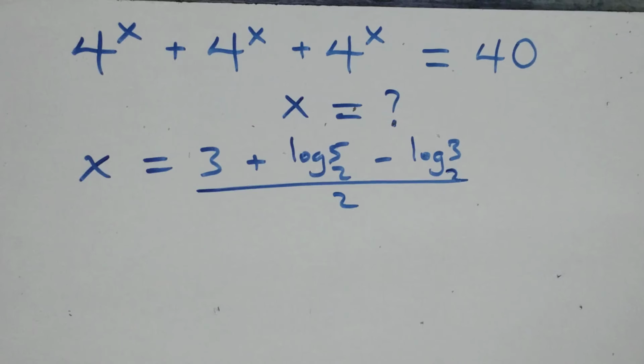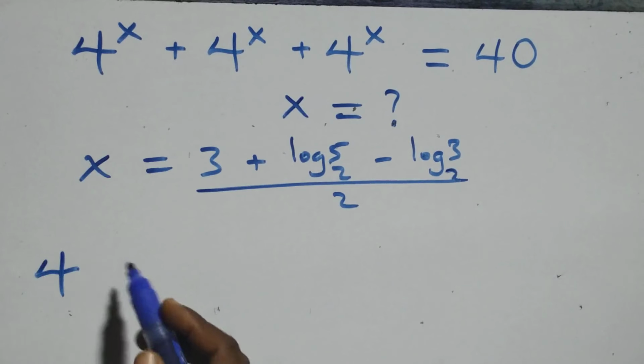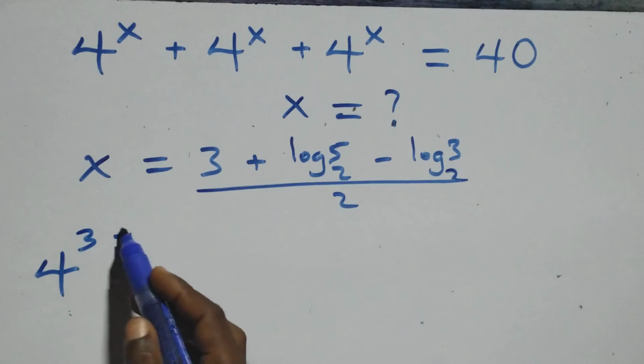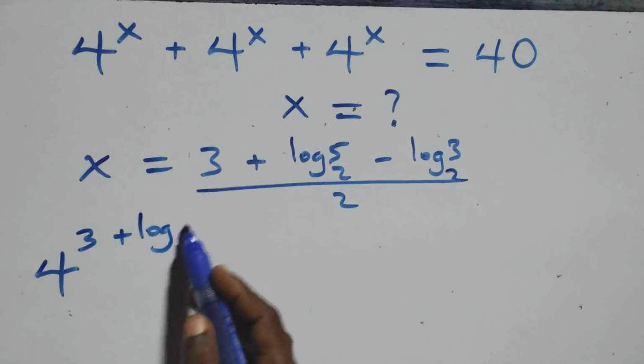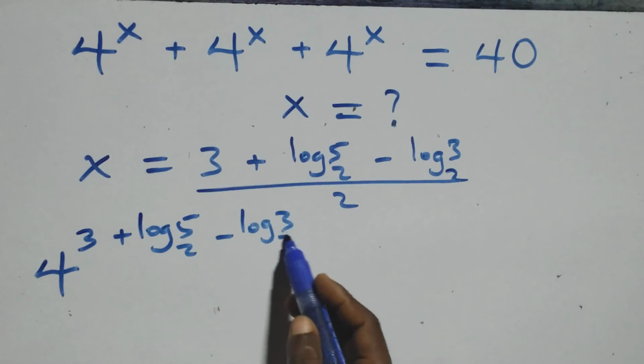That is, what we have here becomes 4 raised to power 3 plus log 5 base 2 minus log 3 base 2